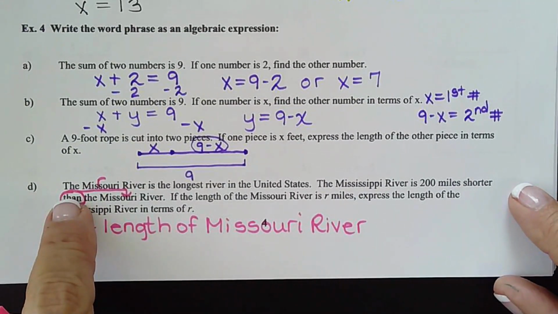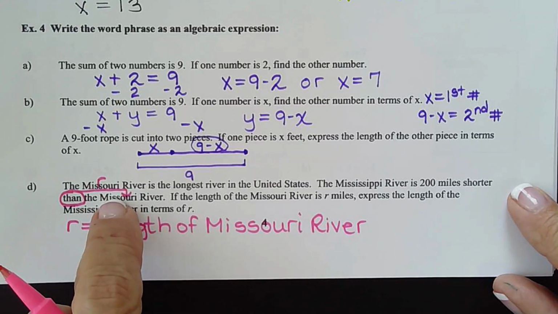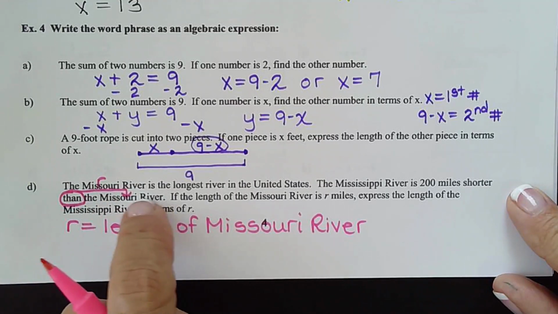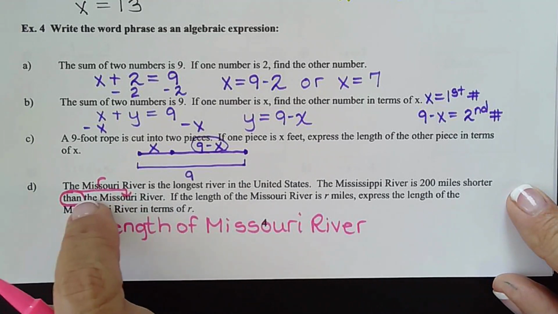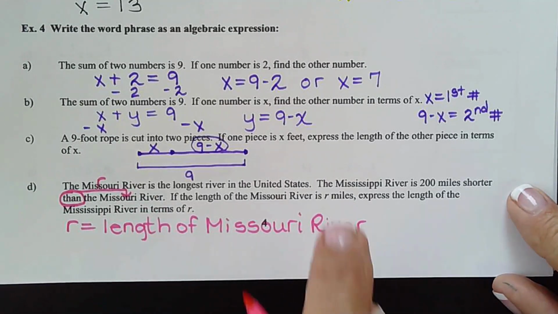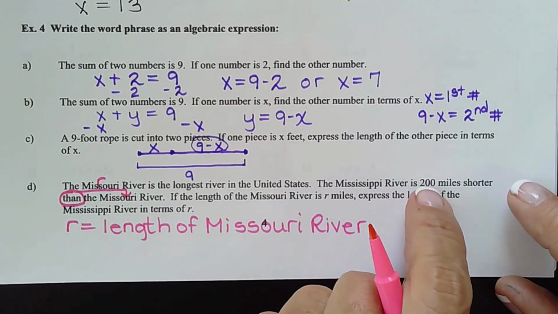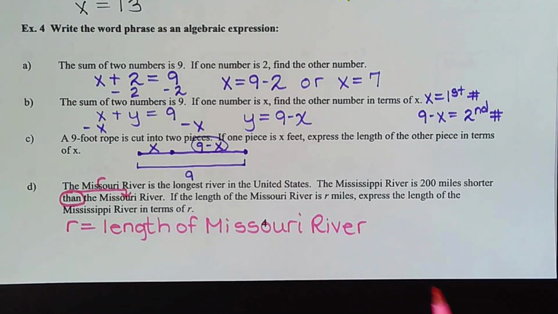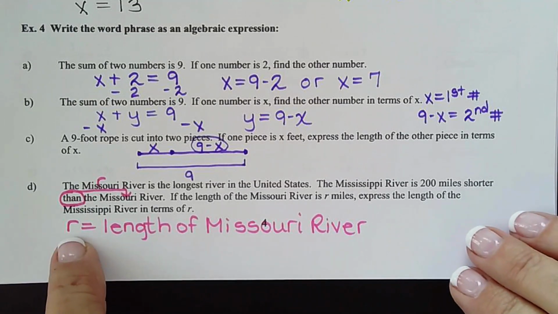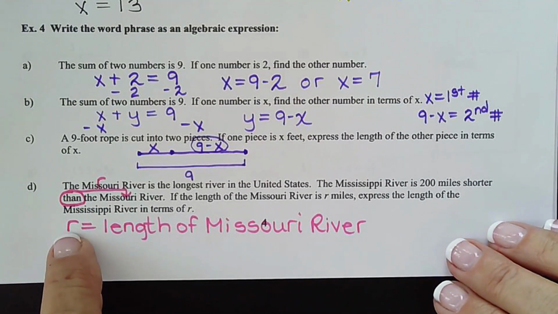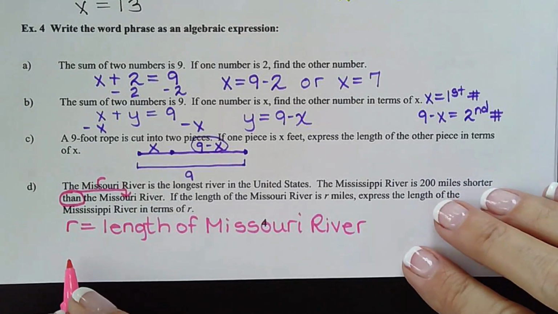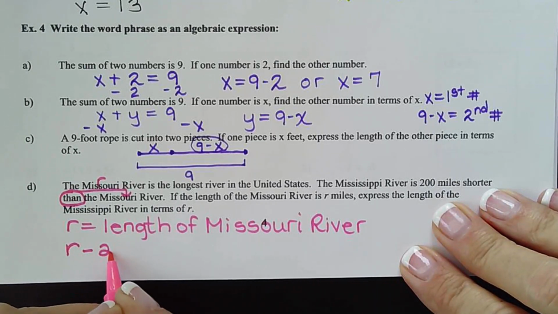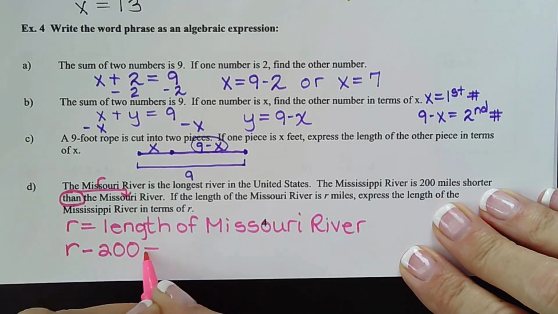Okay, so anything that follows than is your variable. And they told us to call it r in this case. So Missouri River has to be r because it follows than. It says the Mississippi River is 200 miles shorter. Well, shorter means subtraction. So we're going to take 200 away from the Missouri River's length. So the Missouri River minus 200 equals the length